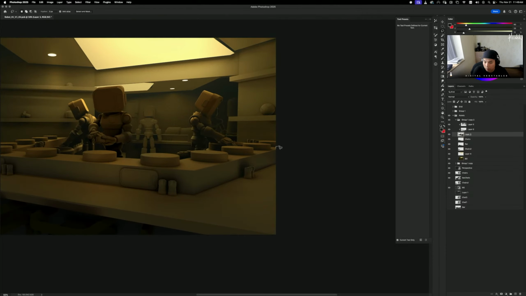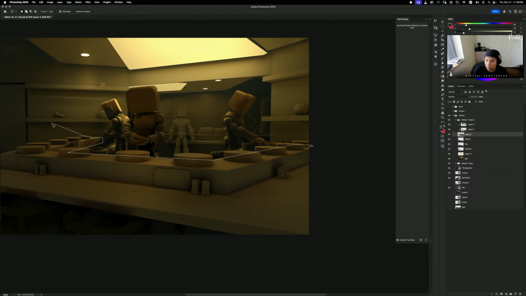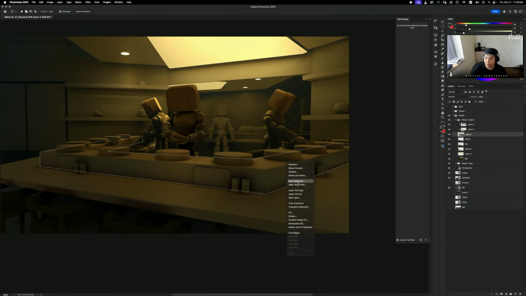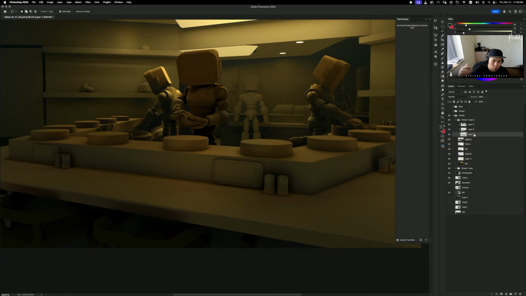I'm going to ignore some of these platform things right here because I'll fix that later. But for now, I just need this to be right there. I have the original layer already, so I'm not too worried about it. Something like this. Cool. Layer via copy. Everything's happening in its own layer, so I'm not too worried. I'm stacking things in the order that they're supposed to be stacked in: the wood countertop, and then that stone thing on top. It's not on top, it's next to, but visually it's on top, right? And now